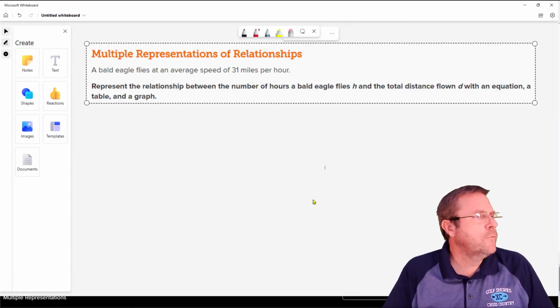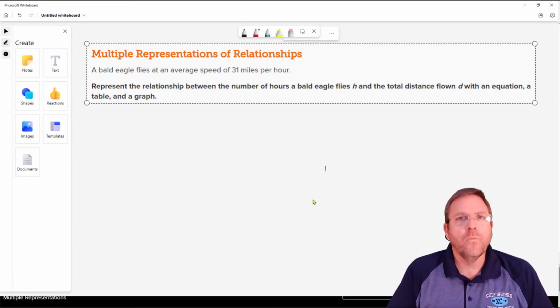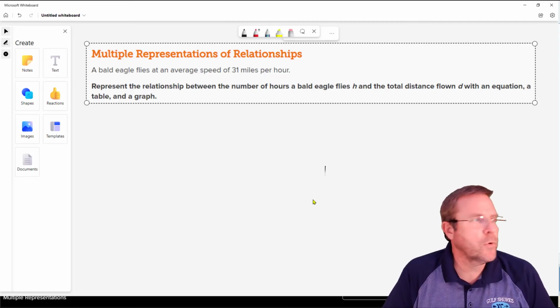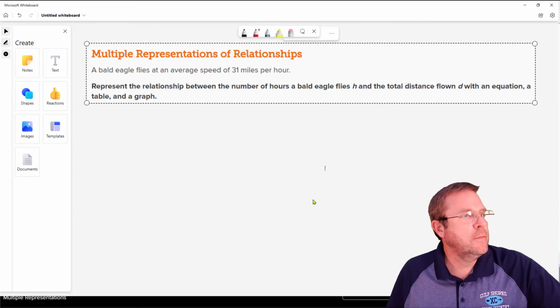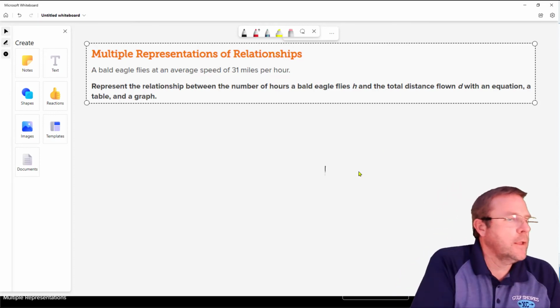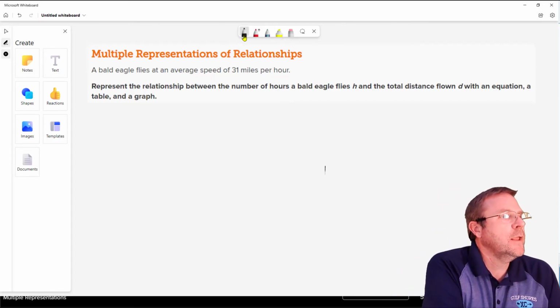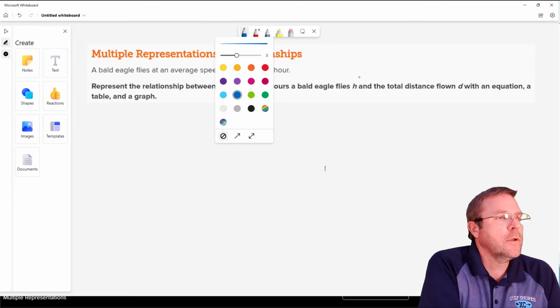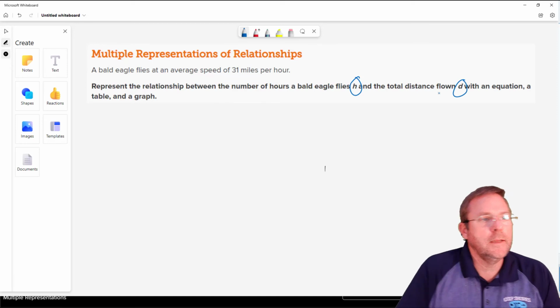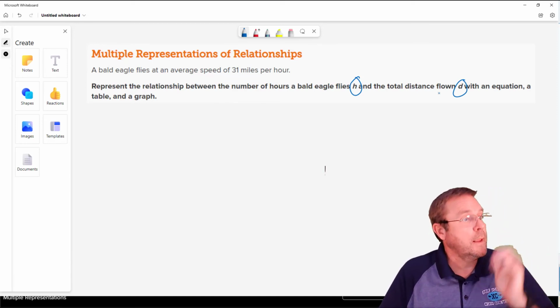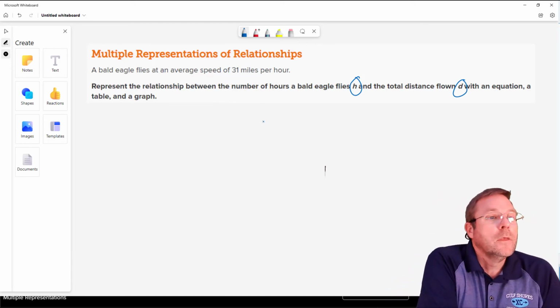A bald eagle flies at an average speed of 131 miles per hour. Represent the relationship between the hours the bald eagle flies, and they want that to be listed as an H, so let's highlight right there, we got H, and the total distance flown, D, with an equation, and graph the equation. A table